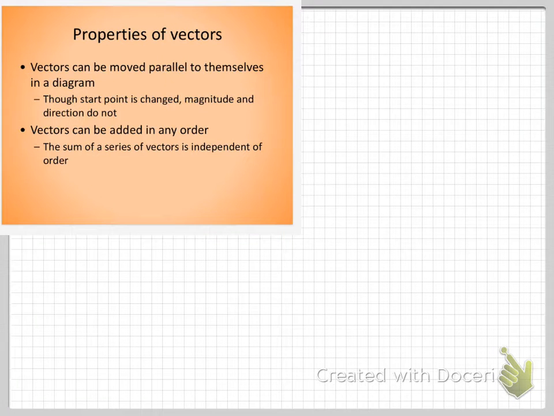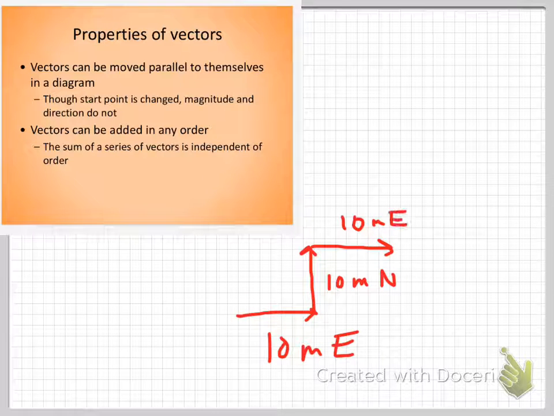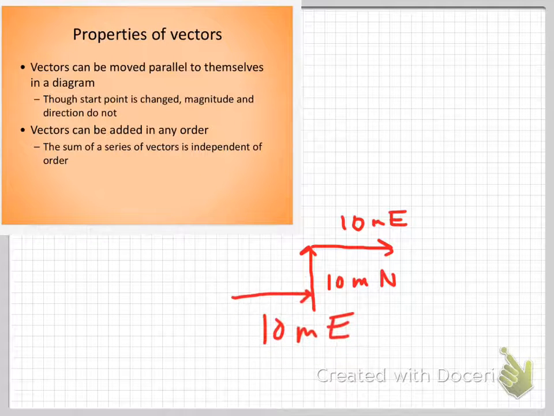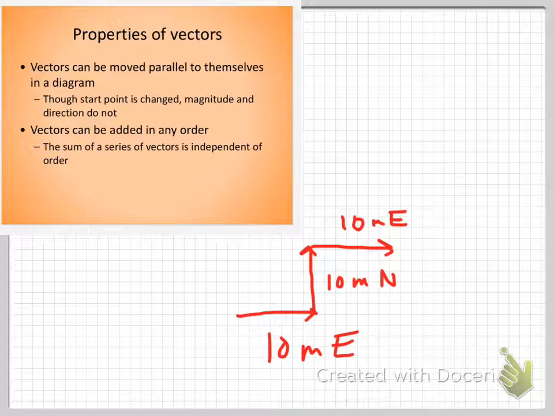So now let's talk a little bit more about vectors conceptually. Kind of handy, you can move a vector parallel to itself. You may have discovered this at some point. So if I go 10 meters east, and then 10 meters north, and then 10 meters east, I can take this 10 meters east and move it up to there. Whoops, that didn't work. I can take this 10 meters north,